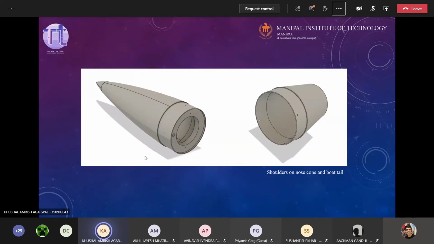So we only extend the part where the nose cone and the boat tail meet the fuselage. We extend that into a cylindrical section, and that is then bolted to the fuselage. Yeah, Kushal, chat says that you can use bulkhead coupling on nose cone and boat tail. So see, the bulkhead again. Think about it this way: the bulkhead is cylindrical, but the nose cone starts to taper from the starting point itself. So how will that bulkhead fit inside the nose cone?